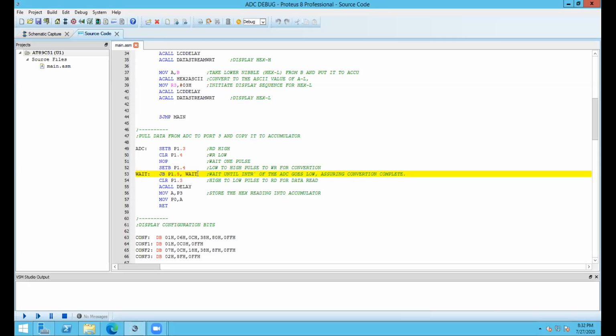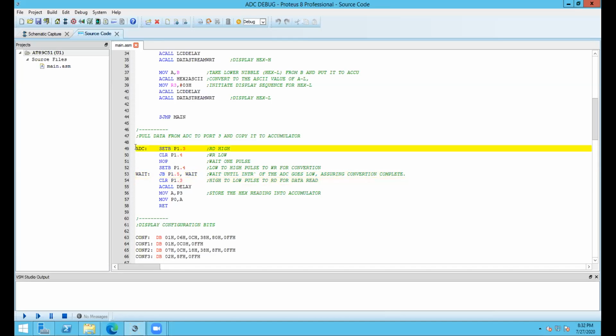You give a voltage to the ADC. The ADC takes a reference voltage and increases the voltage by some value, and keeps on comparing the internal voltage with the voltage supplied, and as soon as the voltages become equal, it puts out the current output, right? So the same thing, the calculation part is done here. As soon as the calculation for the ADC is complete, this pin will go low. This is the INTR bar pin. So as soon as this goes low, it will go to the next part.